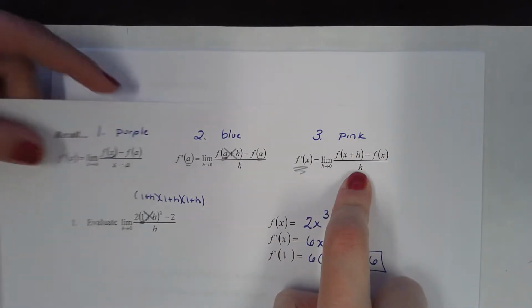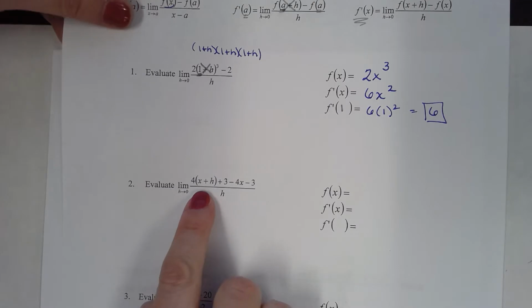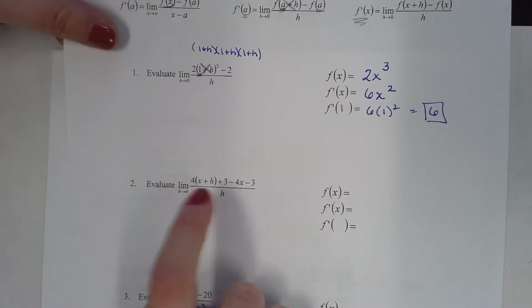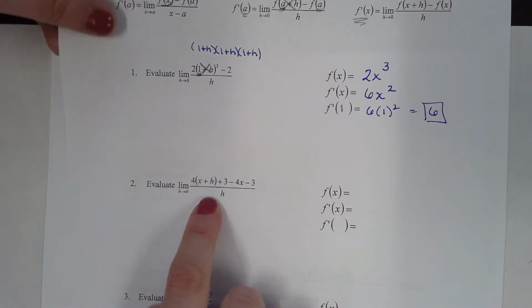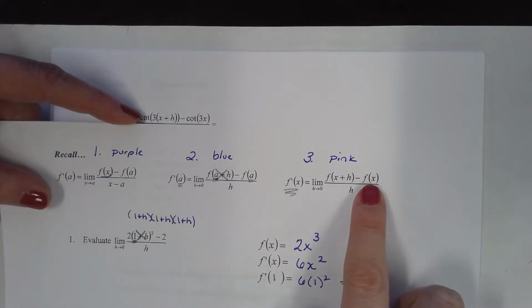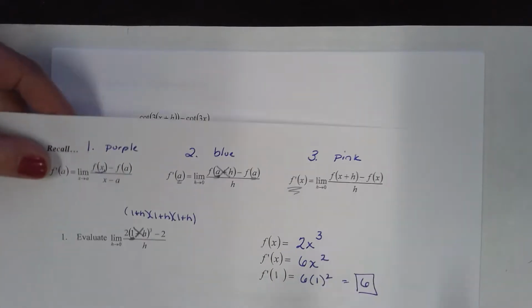That would be here. Well, in the parentheses, I have x plus h. So this matches up with the limit number 3. If you go back to this, where is f of x? It's after the subtraction sign. So when you look at this,